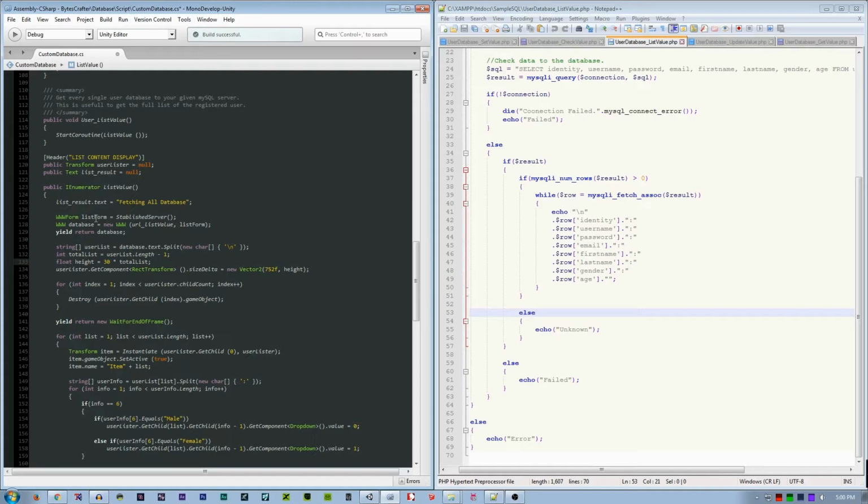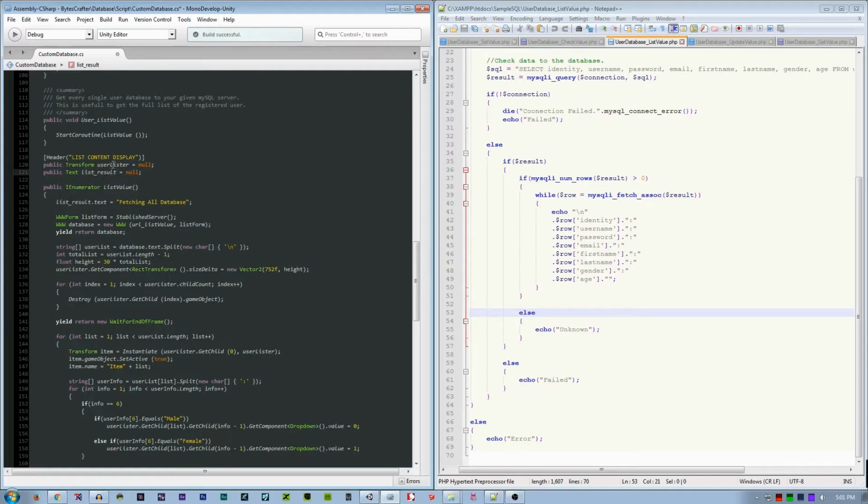We want this IEnumerator to wait for the database to be downloaded and completed before digesting the data that came from the database. So here, start coroutine, list value, the name of the IEnumerator, then list result.